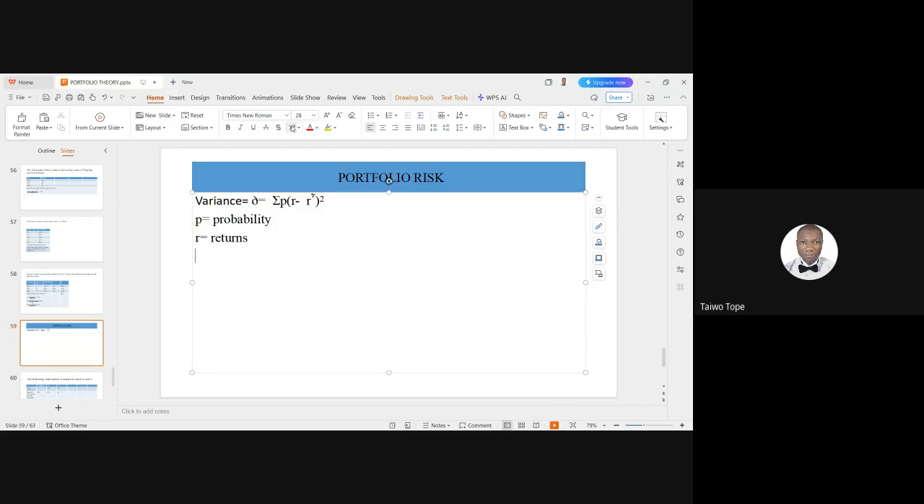Your R bar will be what? The R bar is your expected return. R bar is equal to your expected return. Expected return. So now,